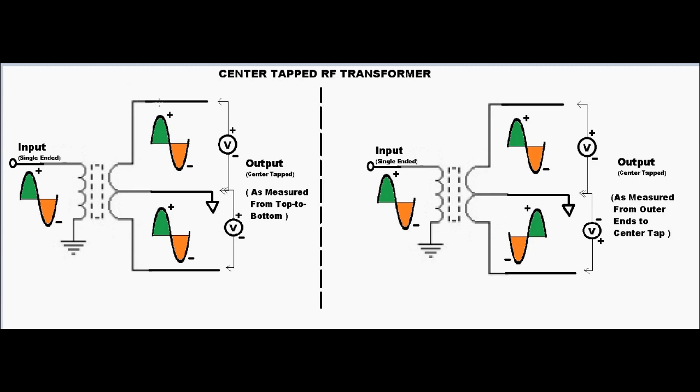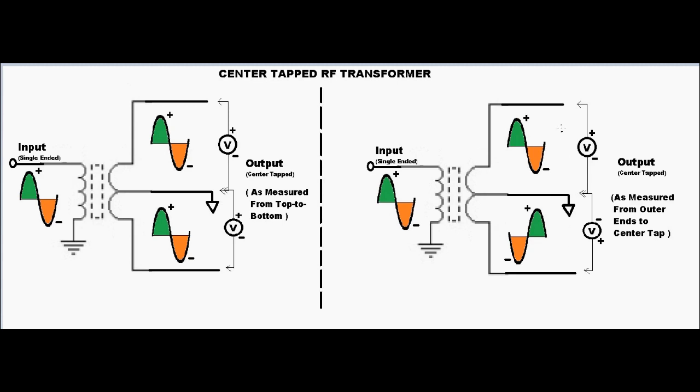Okay, and let's look at the voltages that occur. We see when the signal goes positive, we create a positive voltage across the whole winding of the secondary. So from the upper arm to the center point, it's going positive, and from the center point to the lower arm, it's still positive, because the overall voltage across the secondary is a plus to a minus, the whole winding. Now that's measured from each arm, from the top to the bottom, and then again from the top to the bottom. But if we measure that same voltage on the diagram on the right,